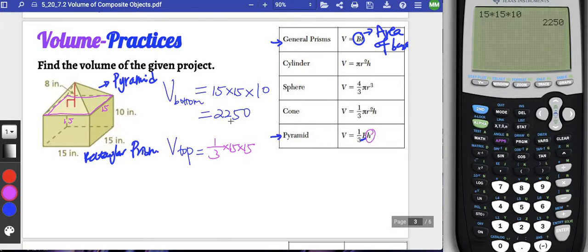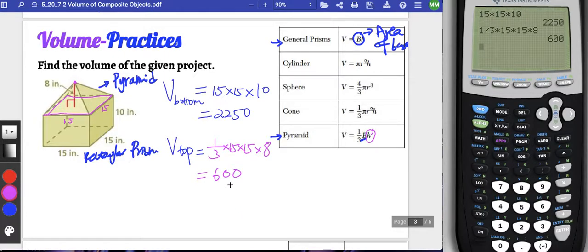Do not forget, this height is the height of the pyramid. It's the vertical distance from the top point to the base, which is indicated here, 8 inches. So now we just need to plug in everything in the calculator, and there's no need to break down, because as long as you type everything there, you should be able to get the right answer. Make sure you type every number correctly. So it's 15 times 8, and then this is